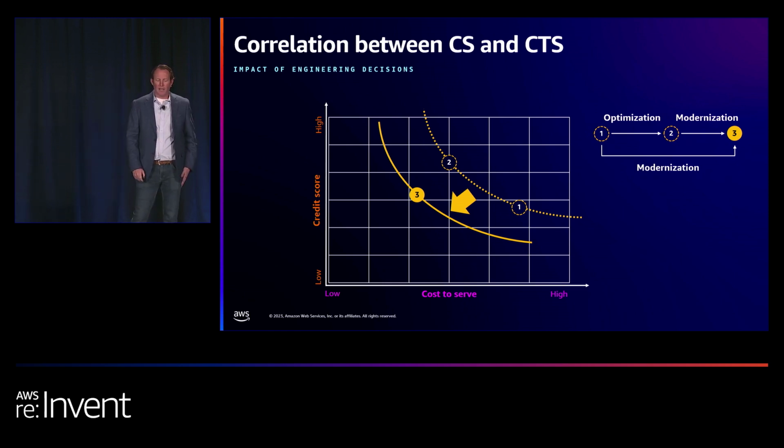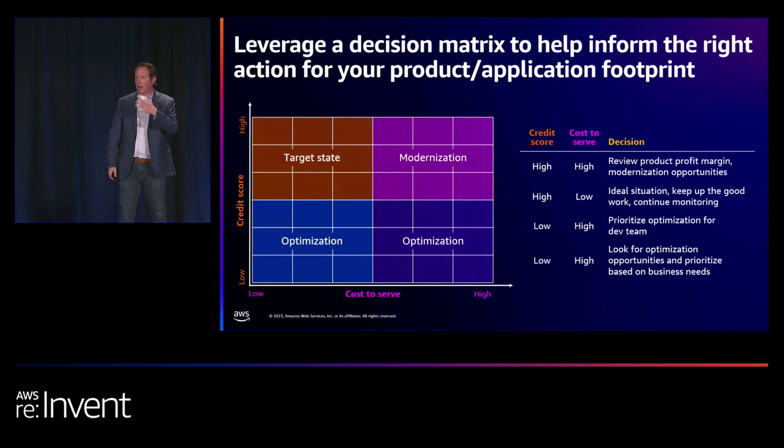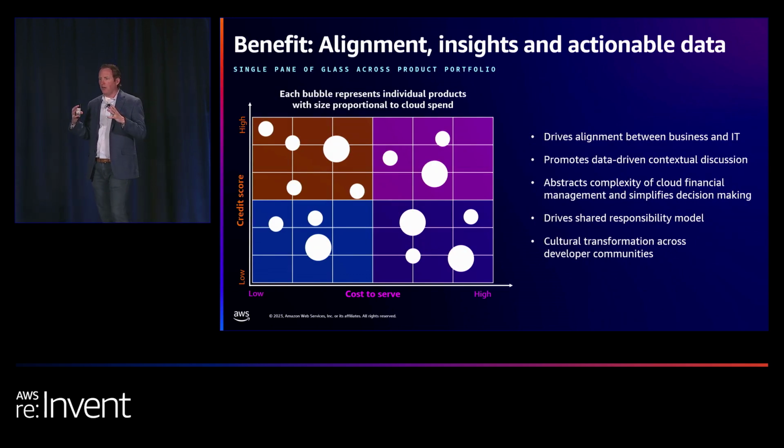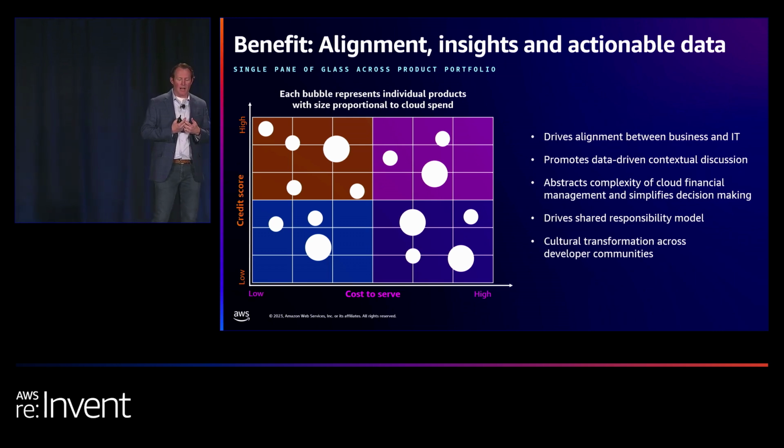So as you think about this, they literally map out the application footprint they have. It's a great way, because customers are always asking us, how do I prioritize where I spend my time and effort on either optimization or modernization? You can leverage this kind of matrix, a 2x2 element, of either optimization, target state, or modernization. And then they literally have bubble size based on the size and the workload of what they should focus in on. So it's a perfect way to narrow in on where the biggest opportunities are, even within each quadrant. It's a great way to drive alignment between business and IT and finance, who plays an active role in this. And I thought this framework was really helpful as you would maybe leverage this inside of your organization, or some elements of it.